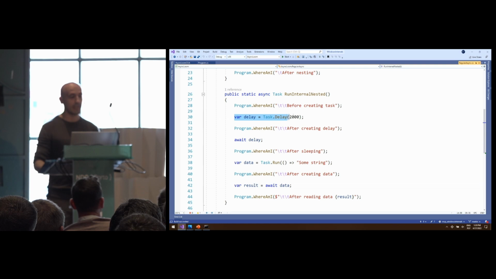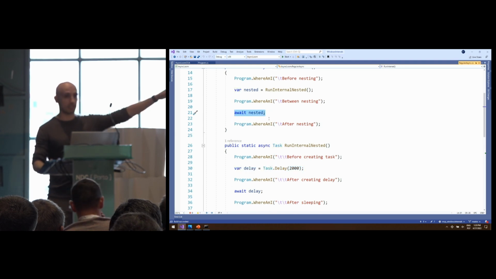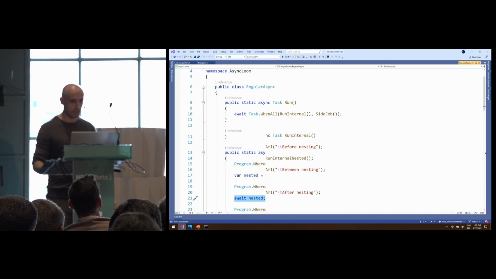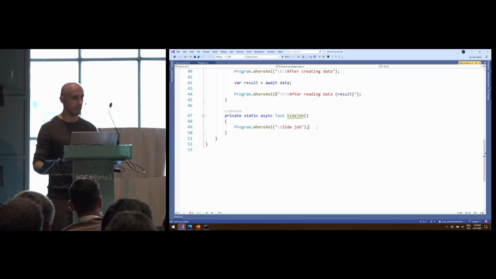The important part is it waits. It takes some time for it to finish because it needs to block on something. And then we are just awaiting this, okay? So we are sleeping for 2 seconds. That's the important part. The second important part is we are running a side job. So in the time when we are sleeping, we would like this side job to be executed. And this side job does nothing, it just prints.